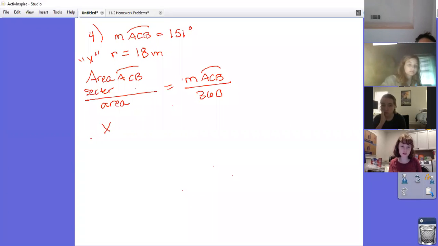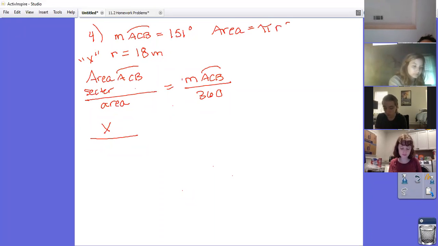So here I have x divided by the area, remember, is pi r squared. So if the radius is 18, if you square it, you get 324 pi. And I'm just going to leave it as 324 pi, is equal to the measure of the arc